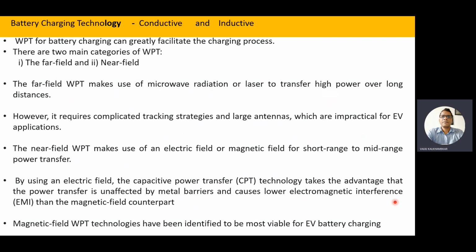Battery charging technologies can be conductive type or inductive type. Conductive means connecting the charger simply into the plug by physical wires. And inductive mainly includes the wireless power transfer, that is WPT, for battery charging. To facilitate, there will be far field method